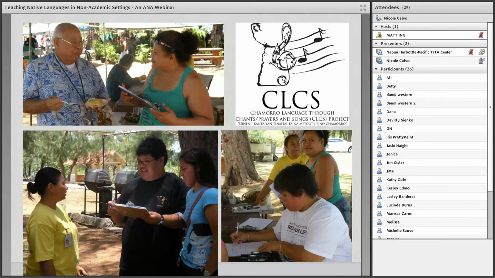And so it really was learning the language outside of the classroom. This is totally what that project did. And at the time, we didn't think of it that way. We just knew we weren't the academics to go in and teach it in the classroom. We didn't have that, but we did have our master of Chamorro dance, Frank Rabon.